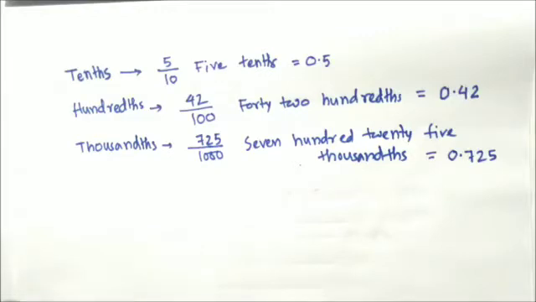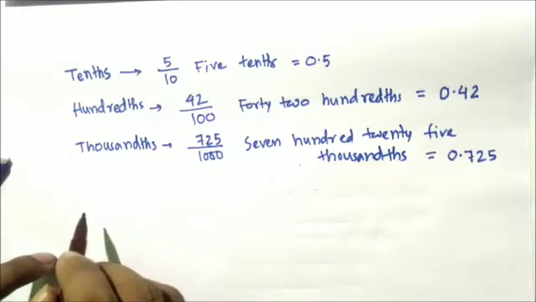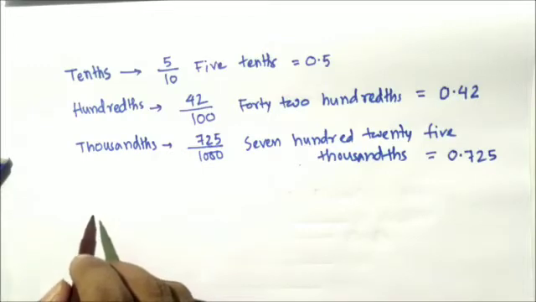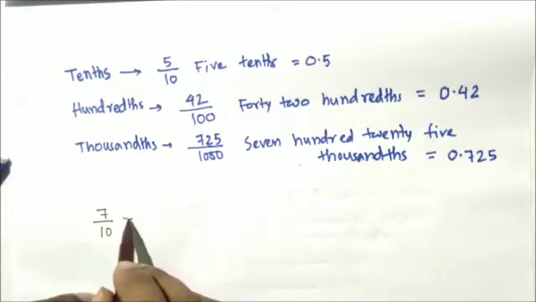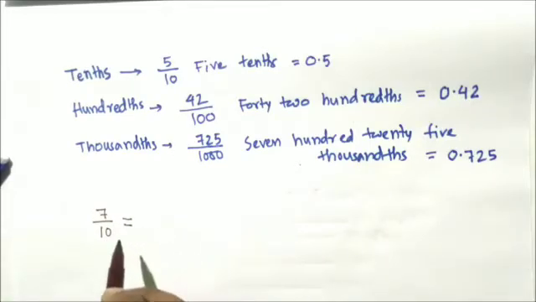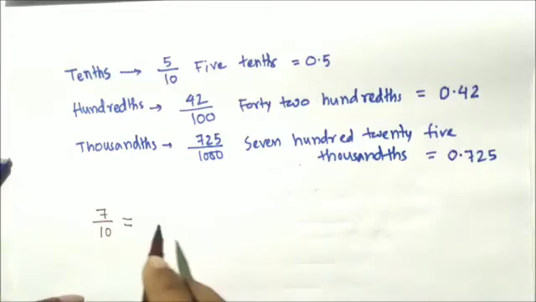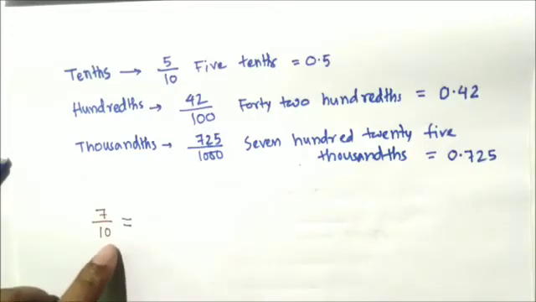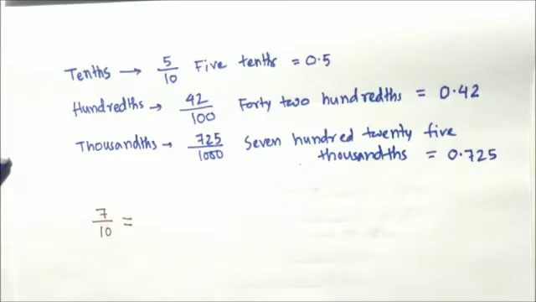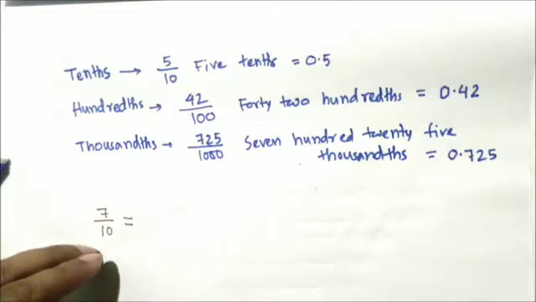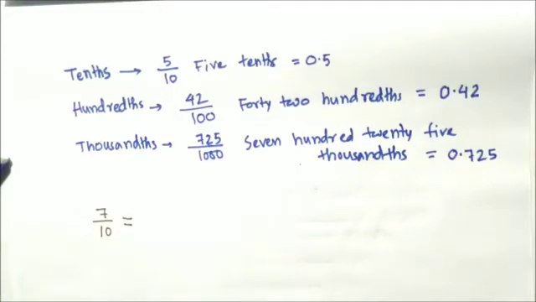Okay, now say you have 7 by 10. Okay, 7 by 10, the decimal number. We can write it in a decimal way. How to write it in the decimal way, I will just explain to you. You just remember, just see how many zeros are in the denominator. You must have either 10, 100 or 1000. That means all the numbers starting with 1 and followed by zeros. Okay, you must have those numbers in the denominator, then only you can express it directly as a decimal number, right?